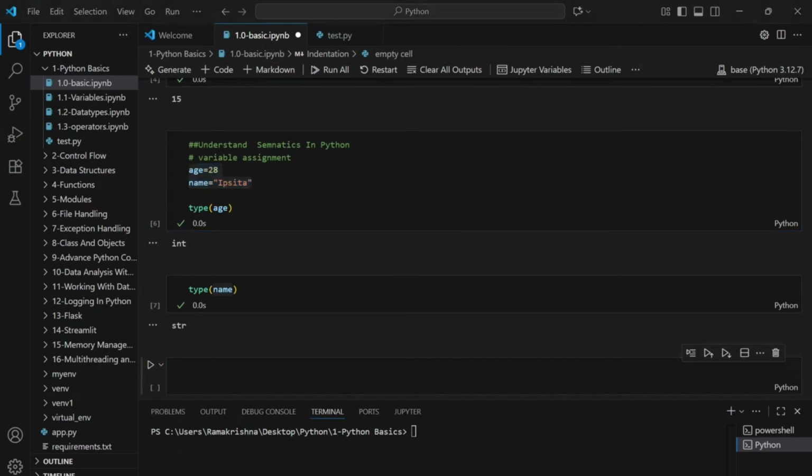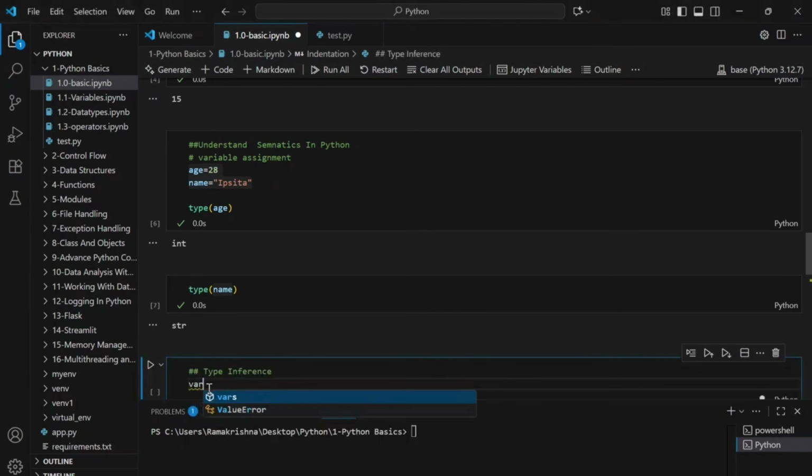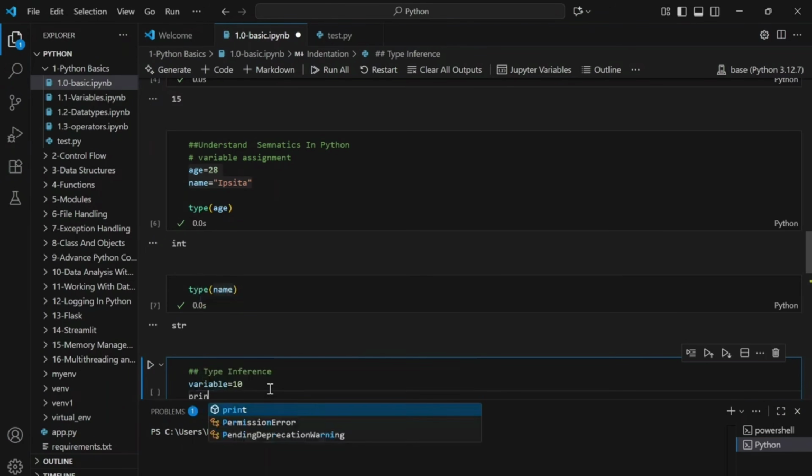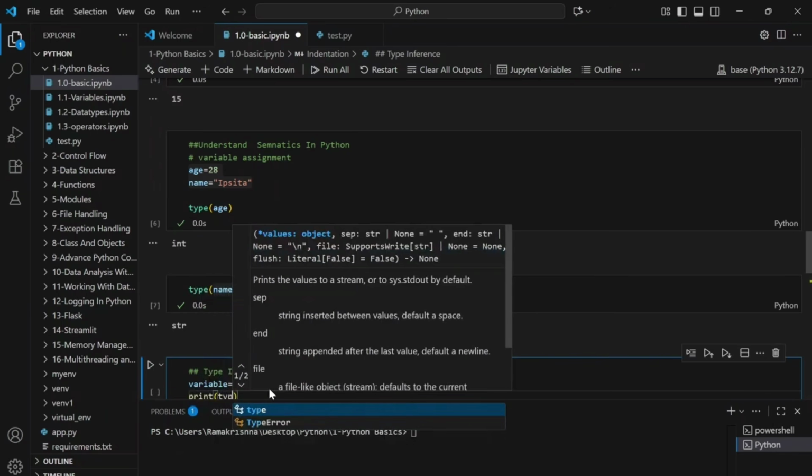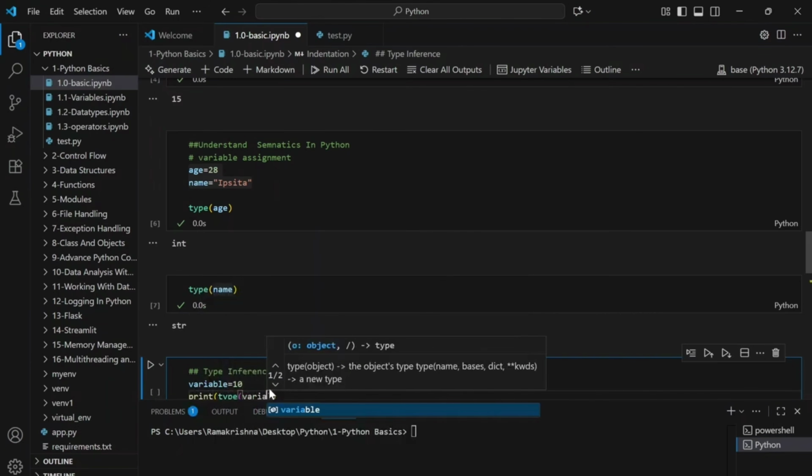Now we'll understand type inference. I'm assigning variable is equal to 10. So variable is a variable here, I'm assigning the value 10, and I'm writing print type of variable.